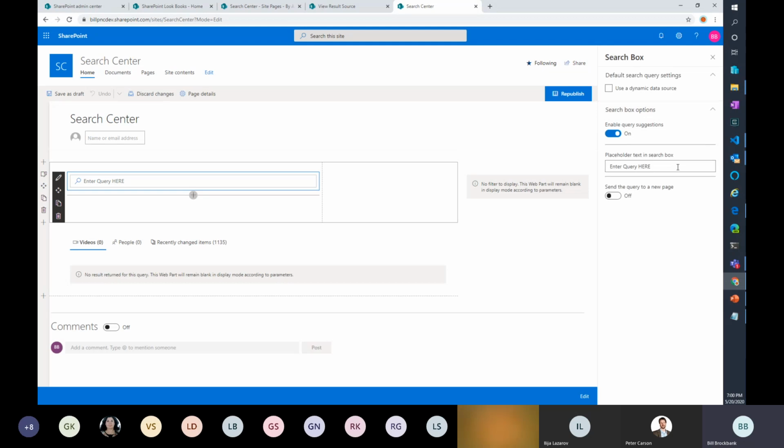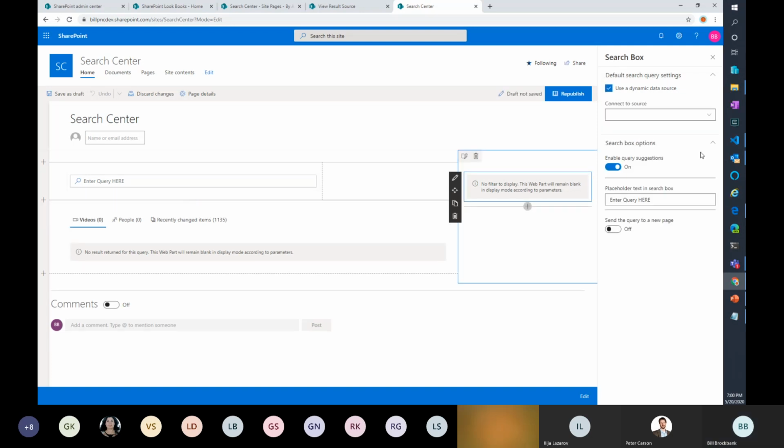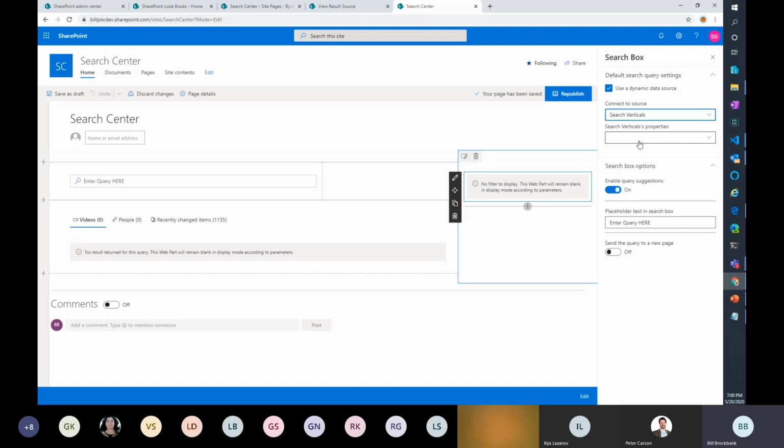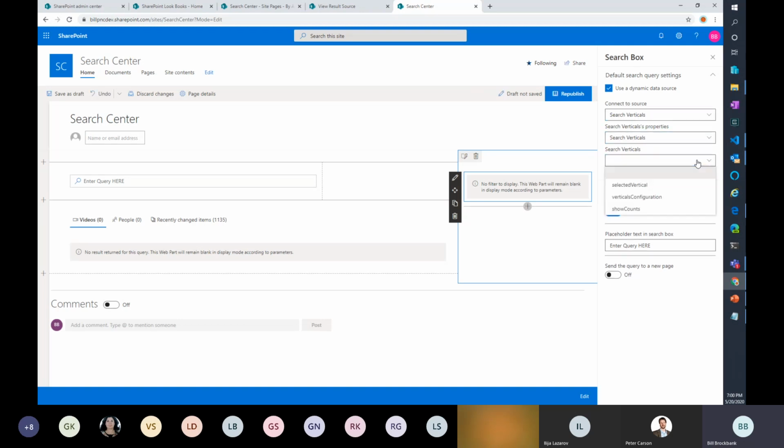I'm trying to remember, that's why it drives me crazy. You have 2 options. Use a dynamic search, and you can pull page environment, search verticals, which I think might be why I'm having trouble. I think I have to switch to that one. And you do the vertical switch.